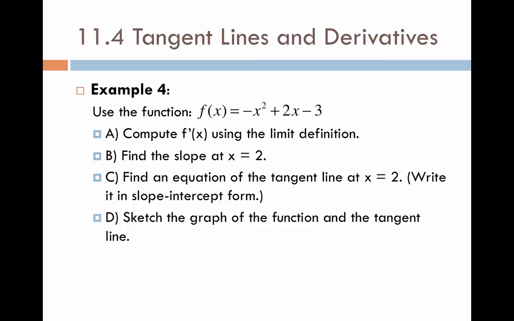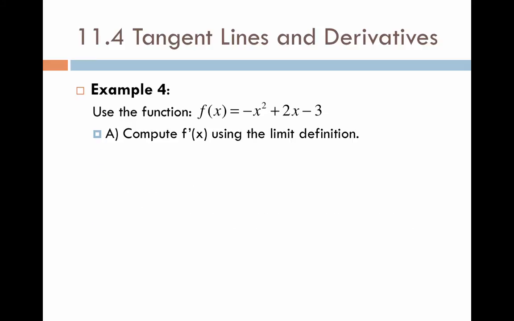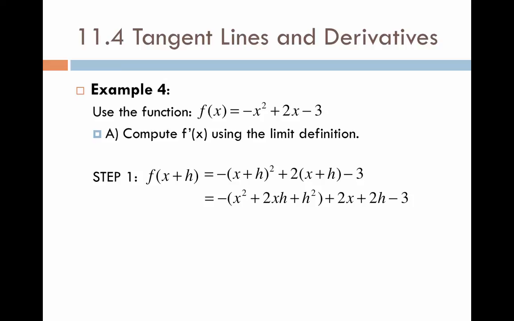Example 4. Use the function f of x equals negative x squared plus 2x minus 3. For part a, we want to compute f prime of x using the limit definition. Step 1, you find f of x plus h. So you plug in x plus h everywhere you see an x, and then cleaning that up,